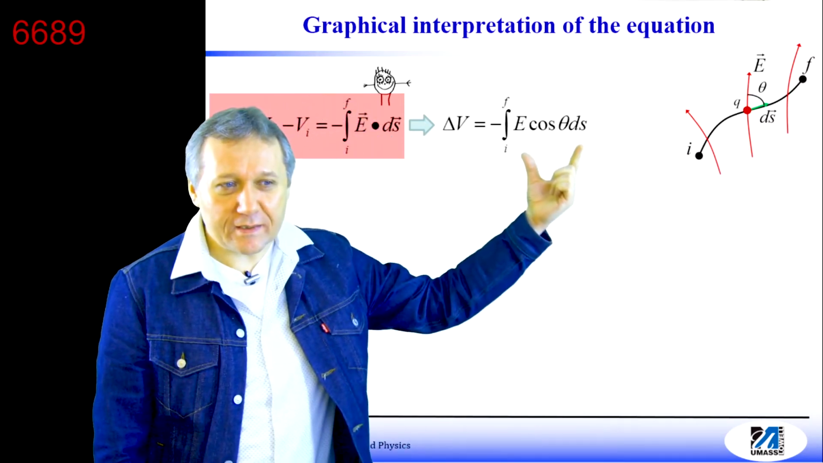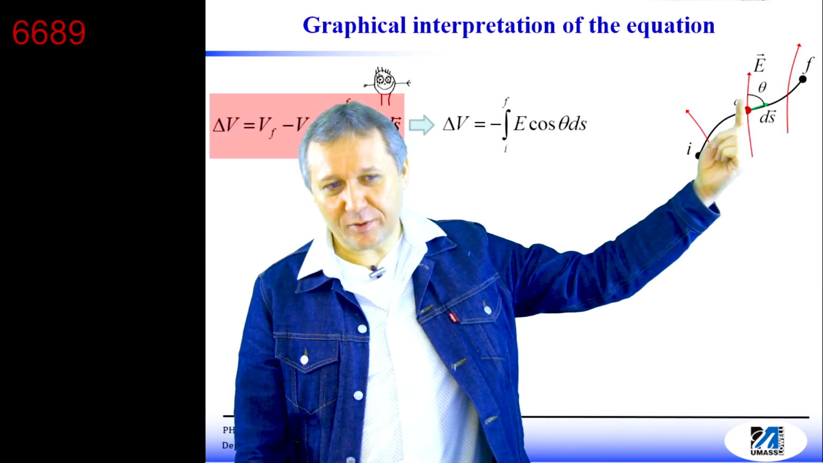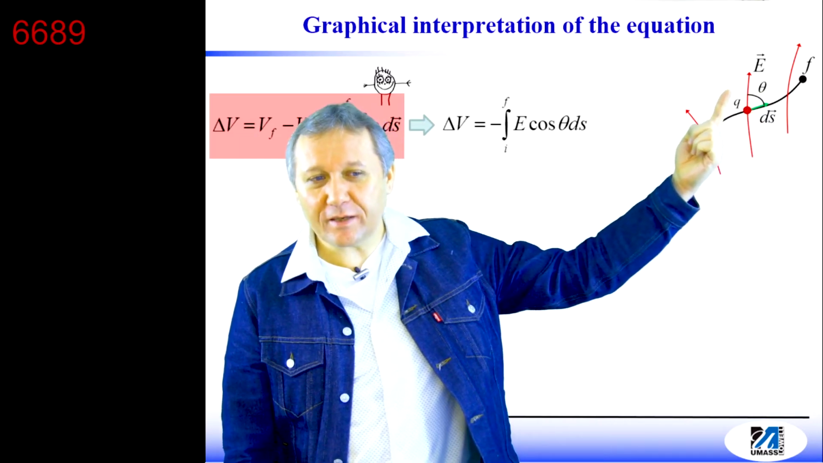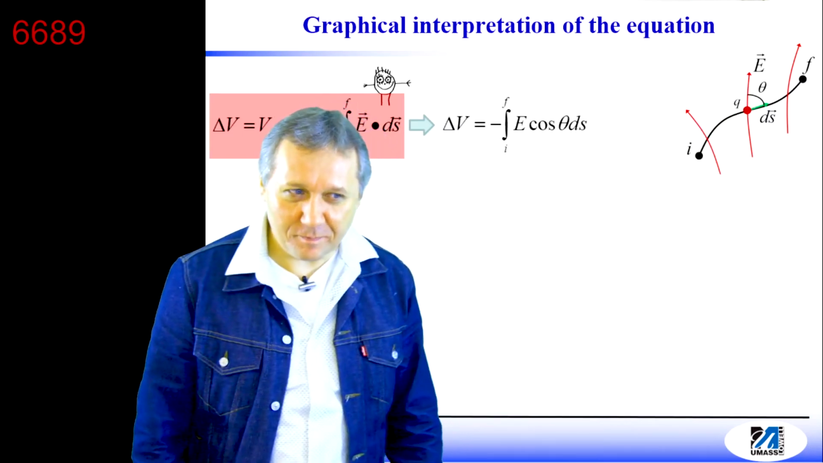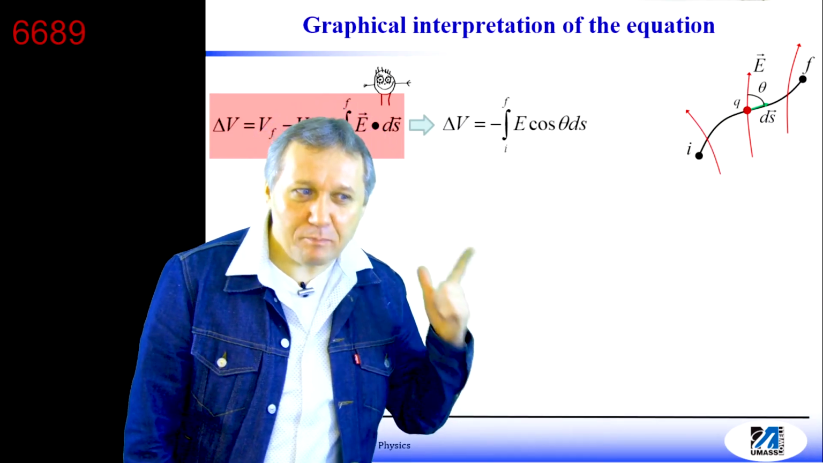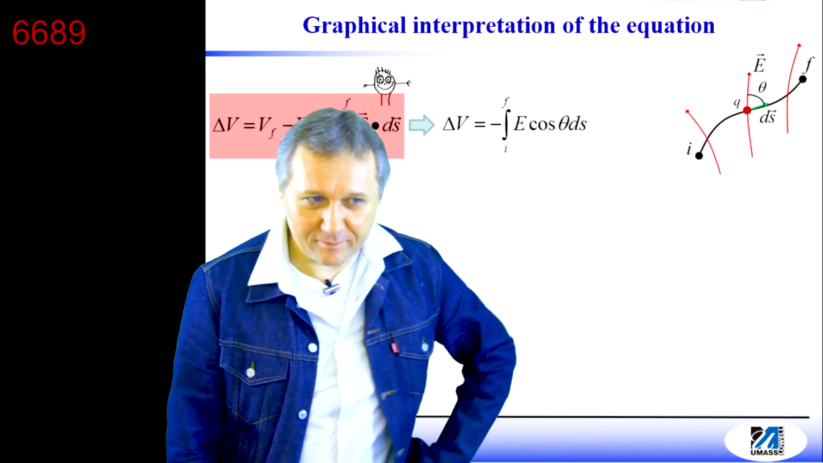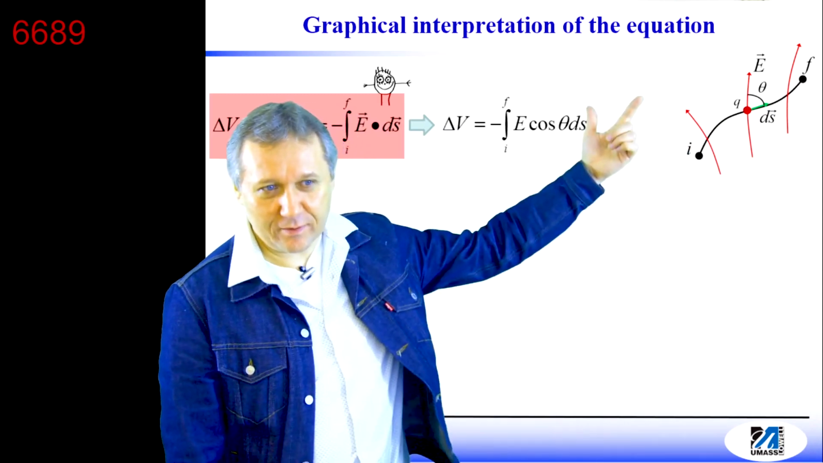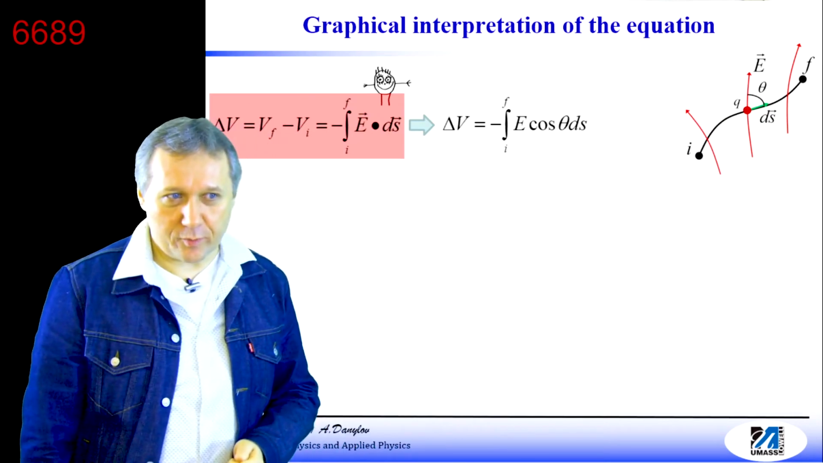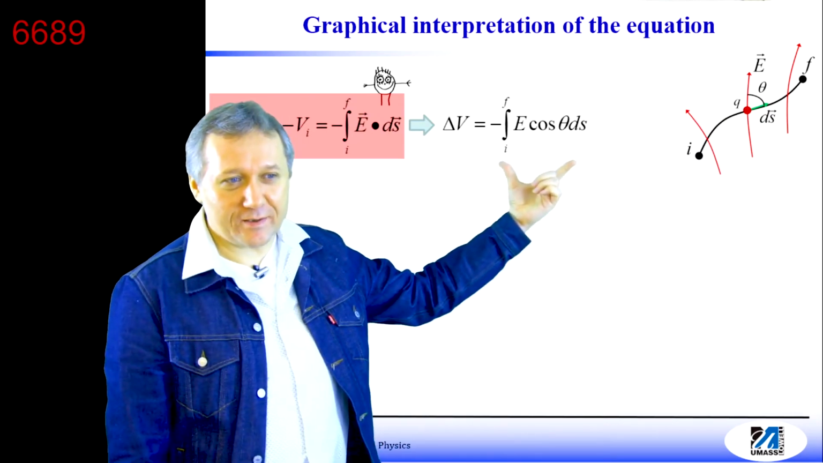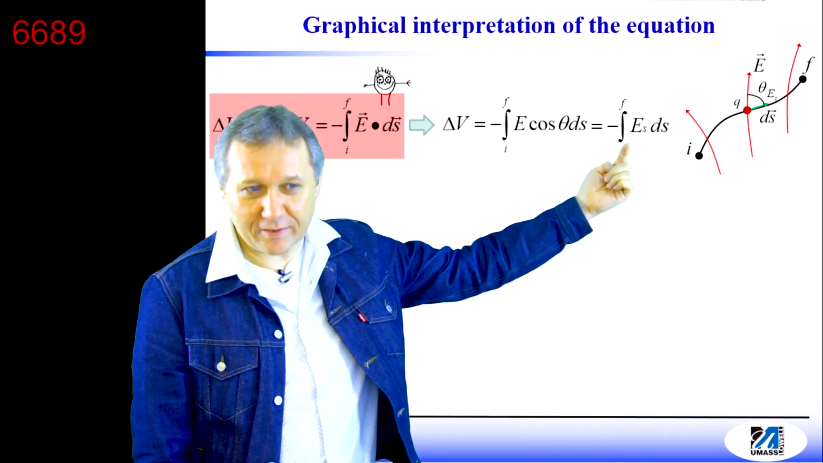And look, what is E times cosine of the angle? The angle is this, right? The angle between this electric field and ds. So if you take E and multiply by the cosine of that angle, what are you going to get? You're going to get the component of the electric field along the direction of motion, along S, E cosine theta, you see? We're just finding the component of this electric field along the direction of motion. So I can rewrite this integral as negative integral of E sub S, the component of the electric field,